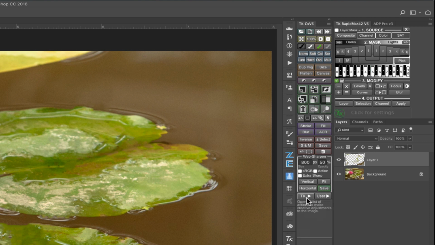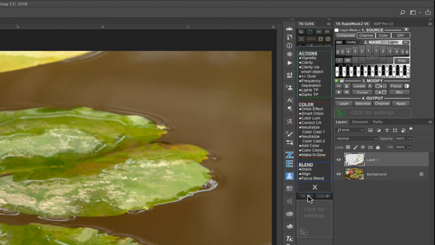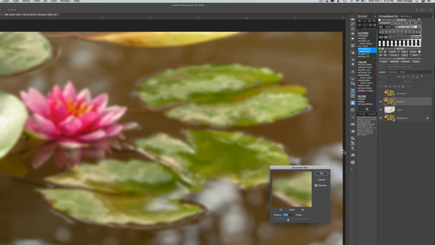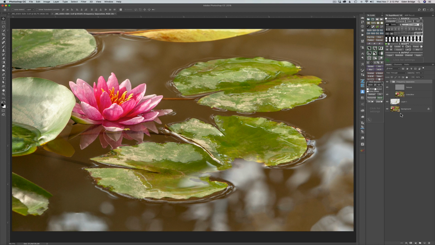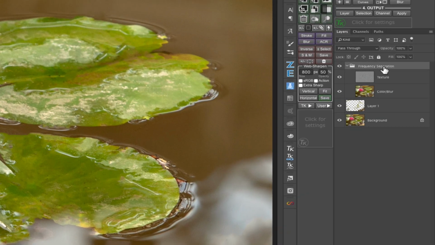He has a bunch of actions here too. So see right here where it says TK with a little play symbol there. I'm going to click that and find an action in here that says frequency separation, which is, can't see it, but it's right there. It is right here. Click that frequency separation, and this little Gaussian blur box pops up here. And I usually leave it right where it's defaulted at 10 pixels. Click OK. It gives you two layers inside of a group called frequency separation, one called texture and one called